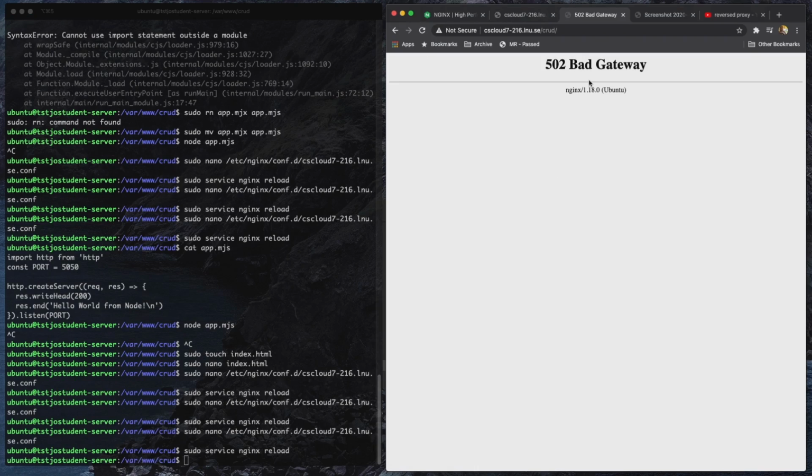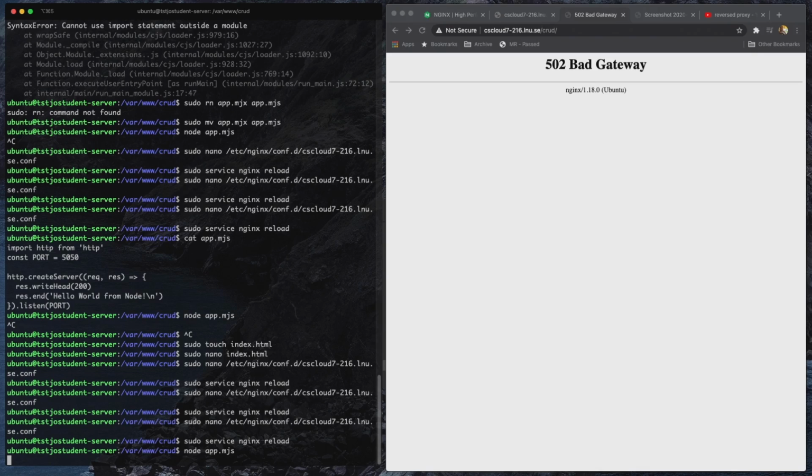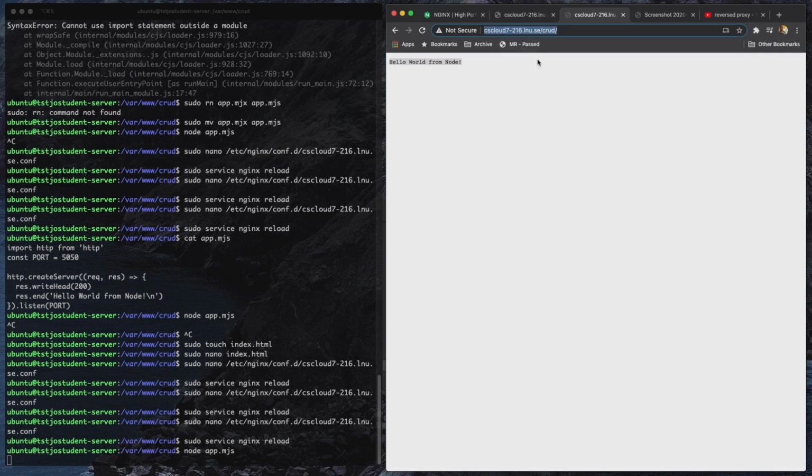So by doing that, saving, reloading, and as you can see now we get a bad gateway, and that is indicating that we are actually correct in using Nginx as a proxy, since it gets the request. It's just that it cannot proxy it forward because that port 5050 is not responding. It's a bad gateway, basically. So let's once again start up the node application, node app.mjs. It's up and running on port 5050,